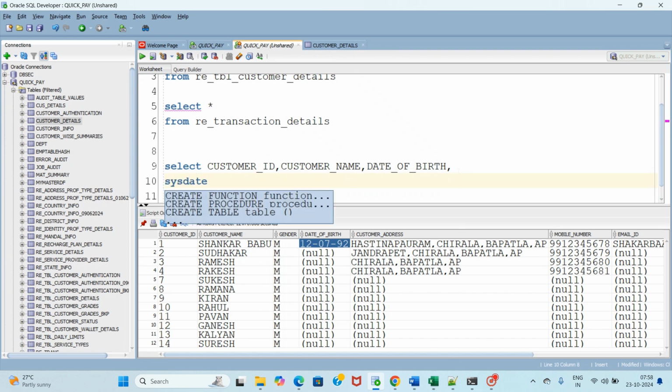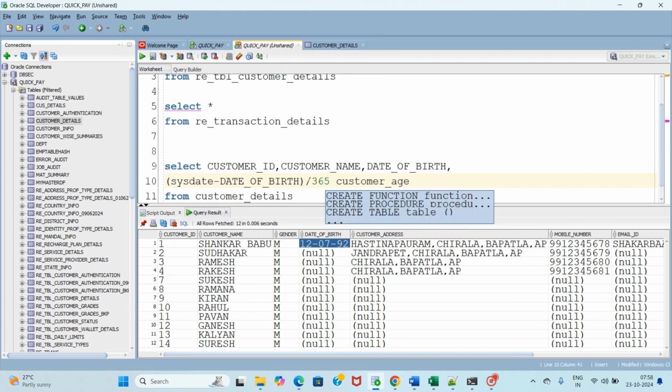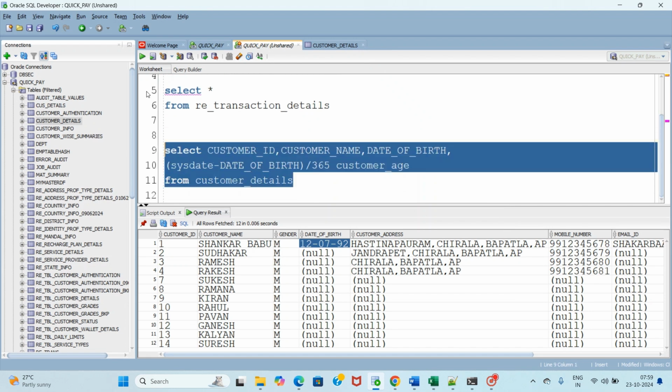Sysdate minus date of birth. We have to keep the parenthesis here, divided by 365. I can say customer_age. When I'm executing this,